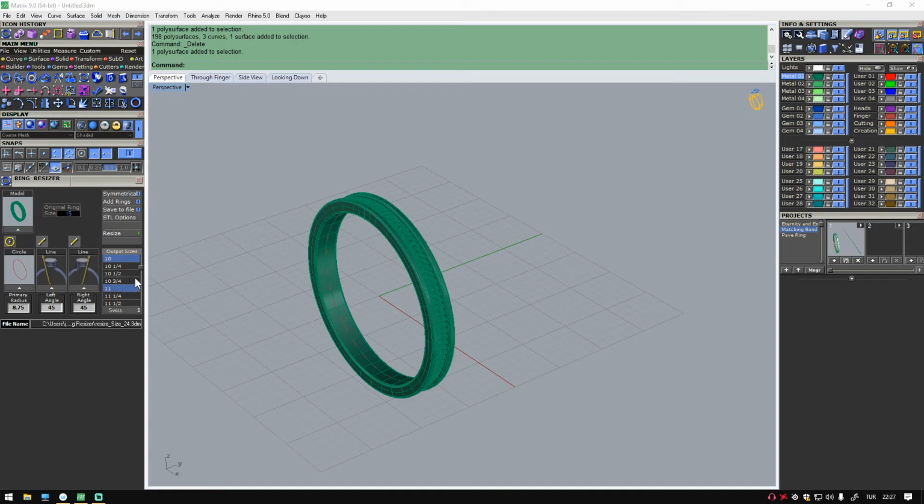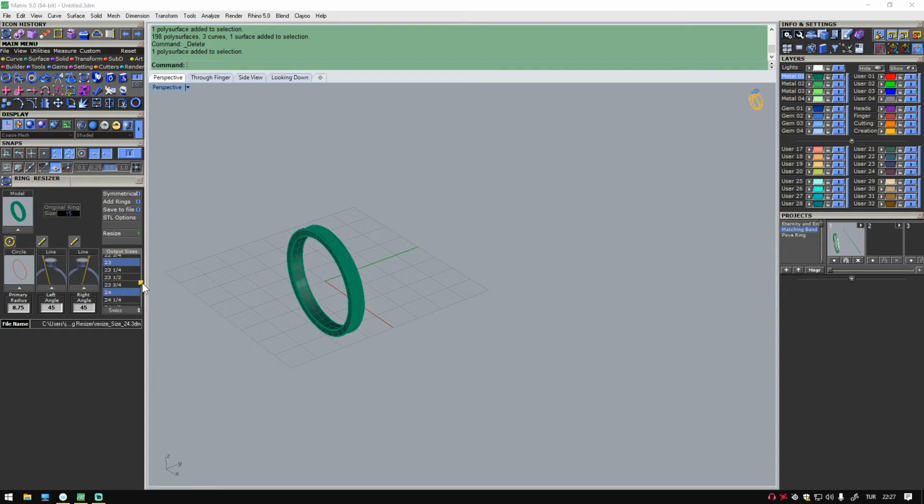Let's go 10, 11, 12, 13, oops, 13, 14, 15, 16, 17, 18, 19, 20, 21, 22, and maybe 23. Okay, let's do one more, 24. Okay, pressing and holding Control, I chose whatever sizes I wanted, and now I will hit resize up here,